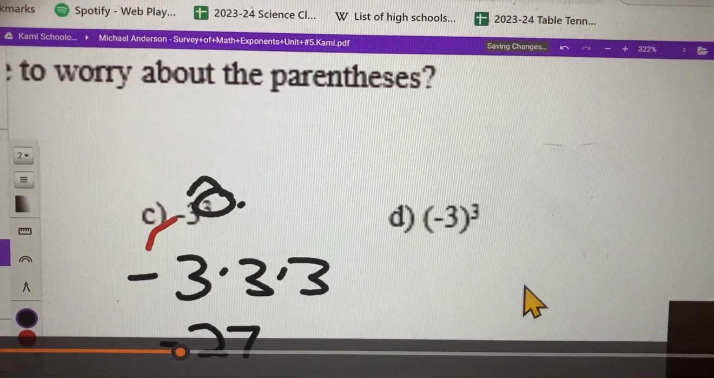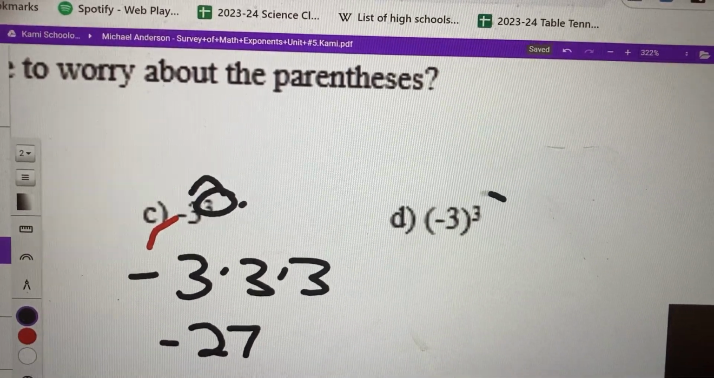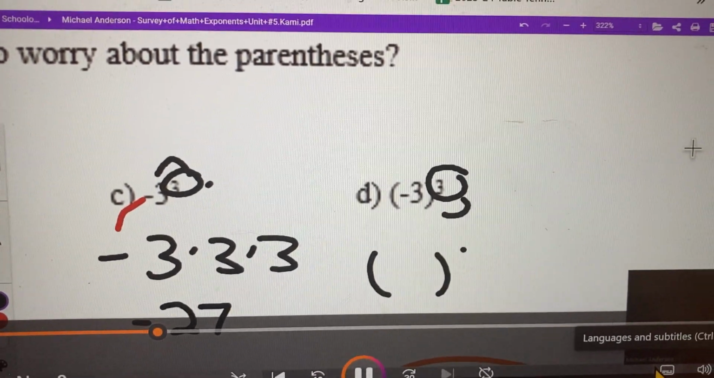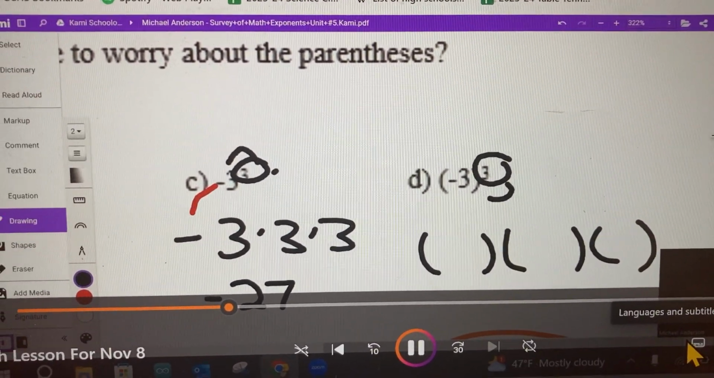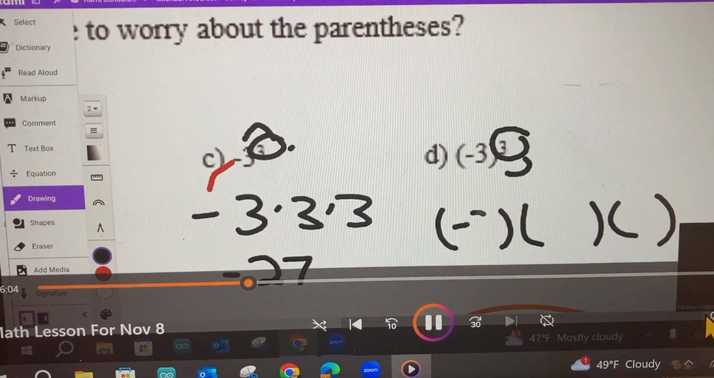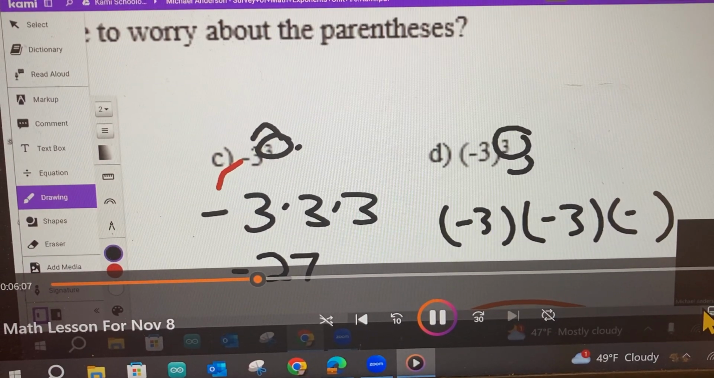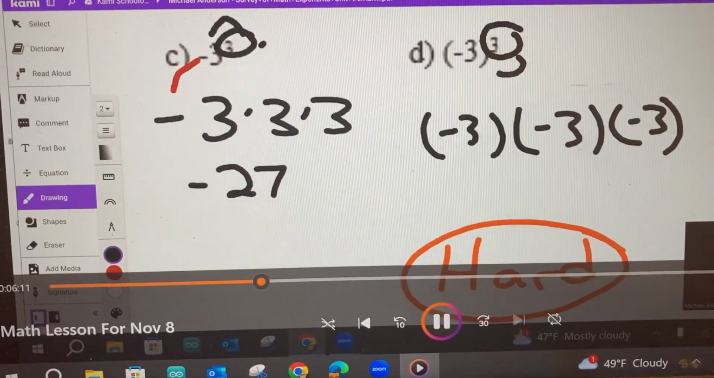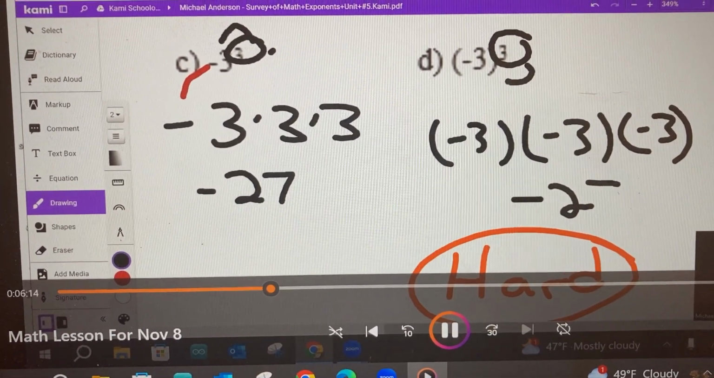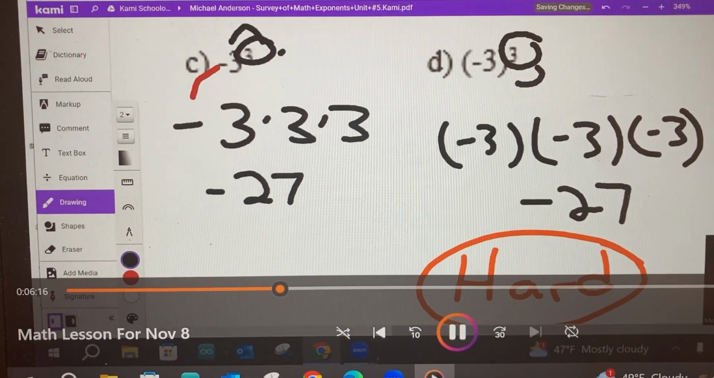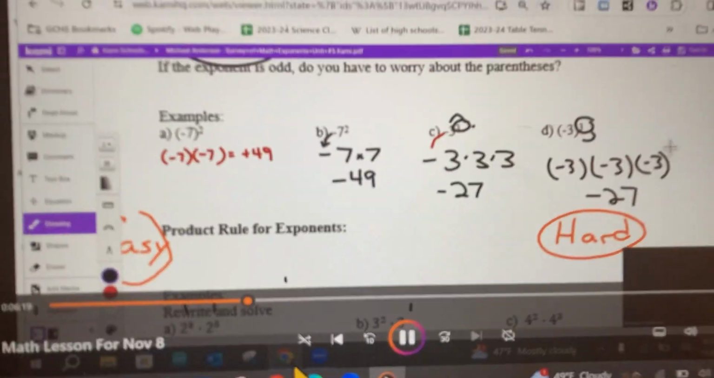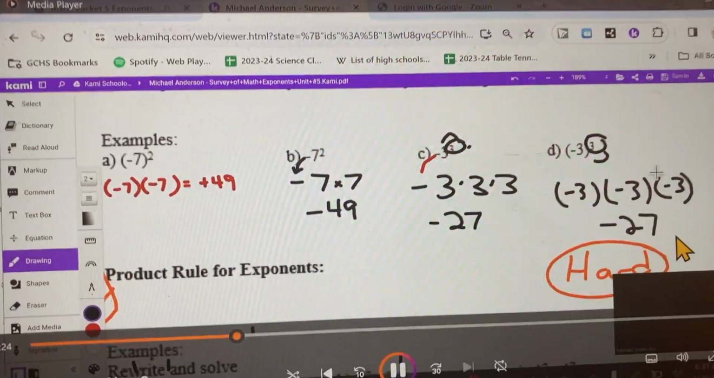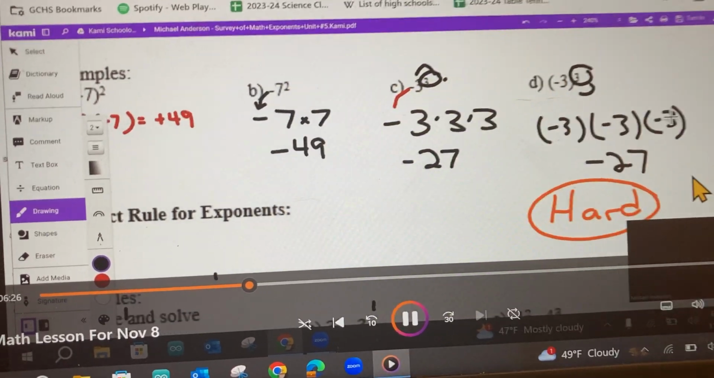In option D, immediately below the power of 3 is the parenthesis. So I have 3 parentheses multiplied together. Each one has a negative 3 in it. So now negative 3 times negative 3 times negative 3, it is still negative 27. So sometimes when you have the power with no parentheses, it's a negative, but sometimes,